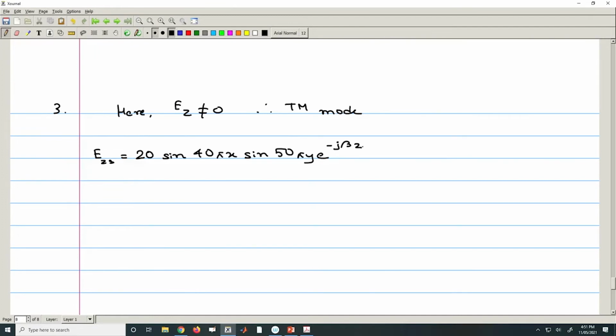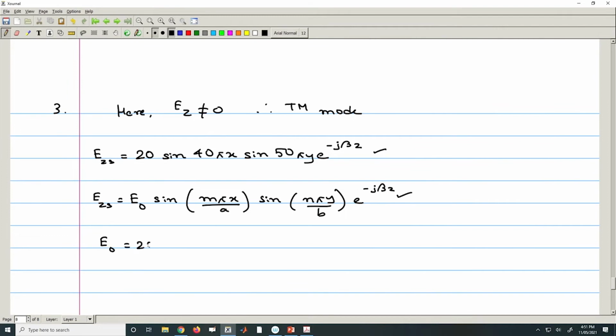Okay. So, we will compare this with the generalized one, that is E naught sin m pi x upon a sin n pi y upon b e to the power minus j beta z. Comparing these two equations, we will get E naught as 20